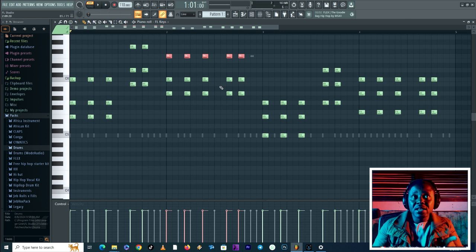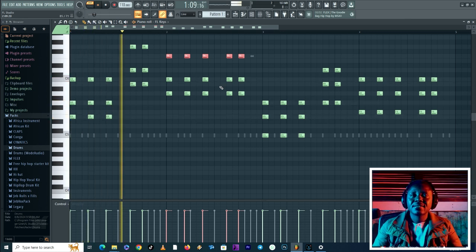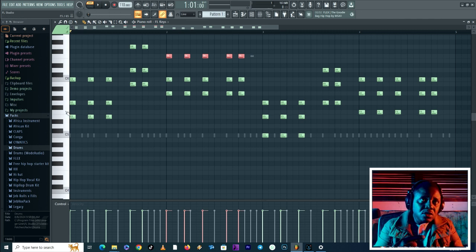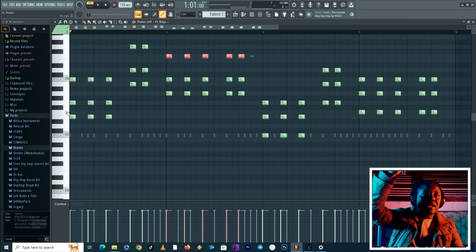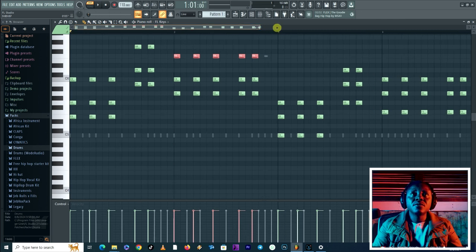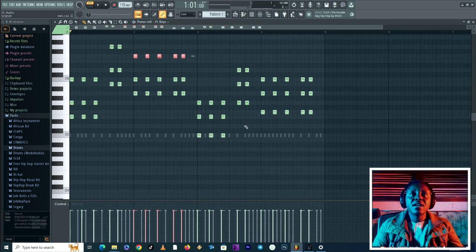It's even more piercing, right? The reason why it is more piercing is because we moved upwards. But that is what we call first inversion: moving your first note to the very first note at the top, or will I say the last note at the top? That is first inversion. Now, if you want to move to another inversion, I'm holding control, clicking and dragging to